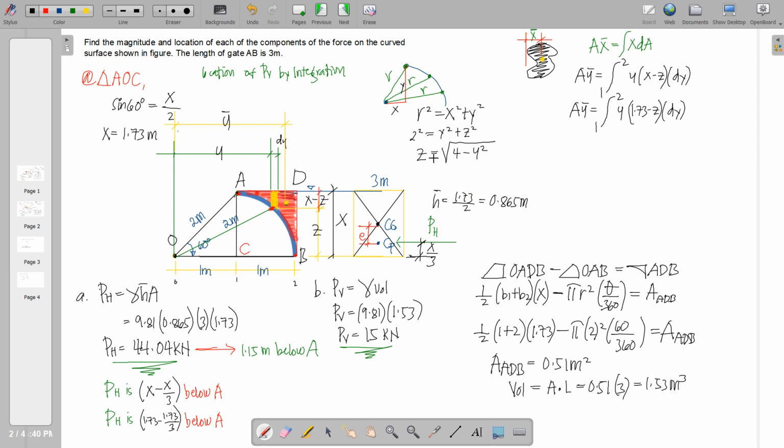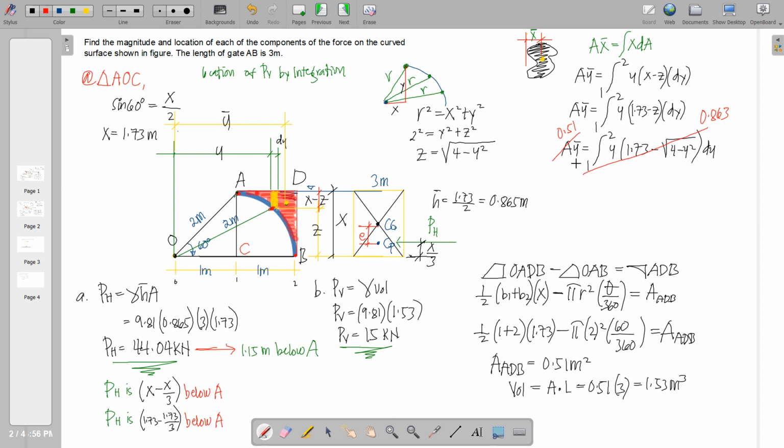So this shall be substituted in this equation so that we will be having only a single variable in your integrand, that is y. So we simply replace z here, and then of course, all in terms of y, we can now evaluate your integrand. We know that the area here was already in place. We have 0.51, and then if we evaluate this integrand, that would yield,